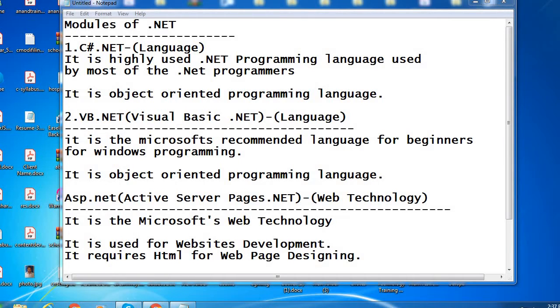VB.NET borrows some programming features from the Visual Basic language. It is an object oriented programming language. And the next one is